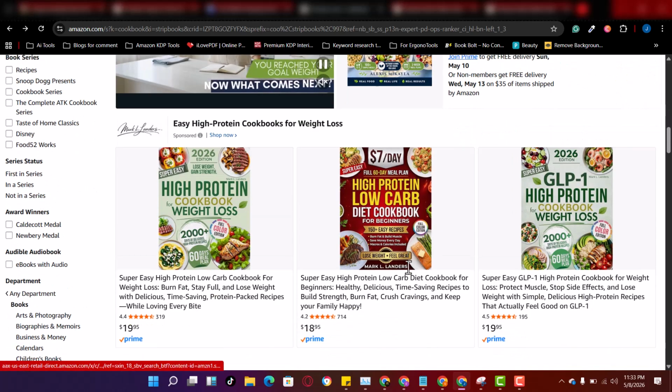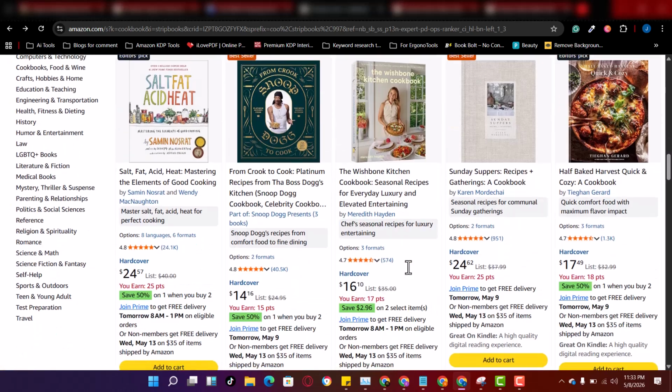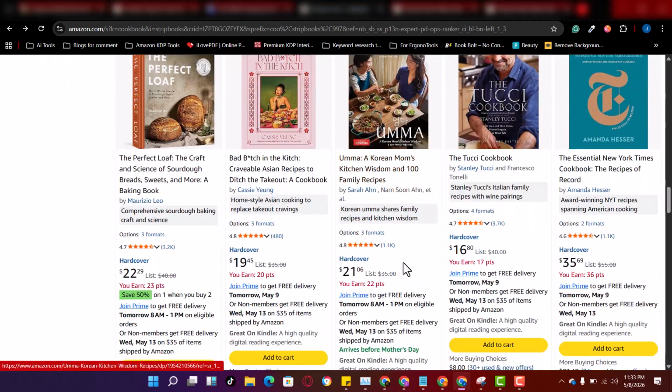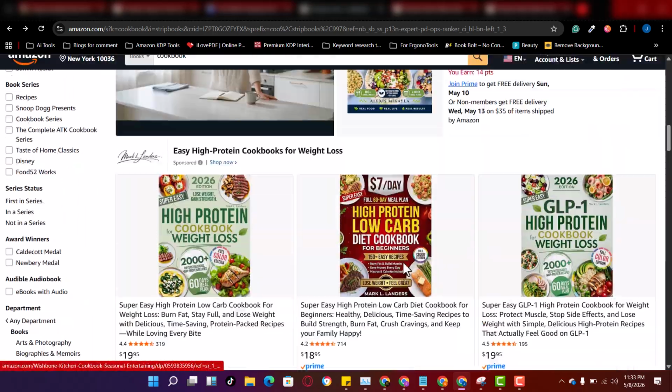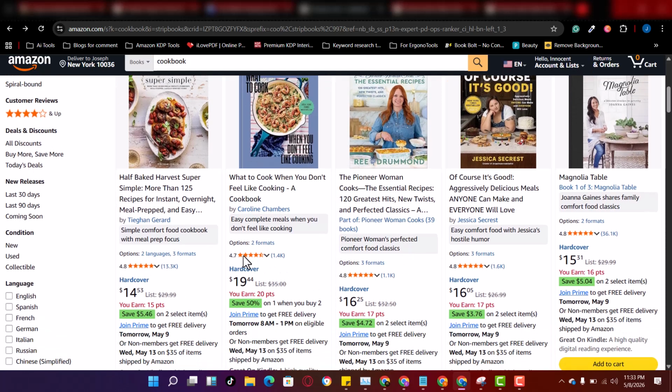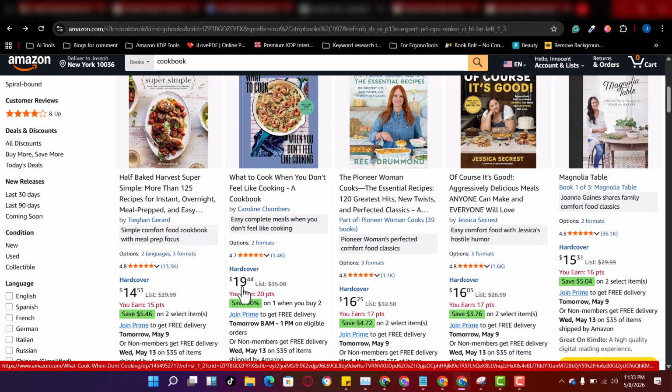So let me see if we can see a paperback. Paperback is actually the next one after hardcover. So right now I'm not seeing paperback right here. So everything right here is hardcover. So let me just stick with this one. You understand? So now this person published this book and is selling it for $19.44.